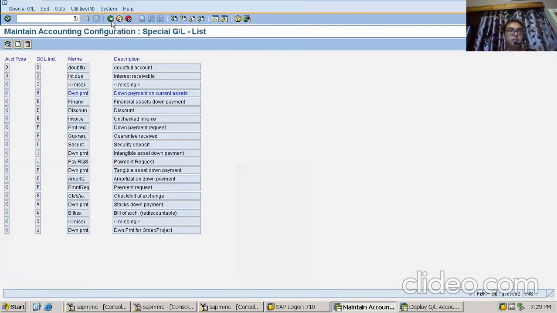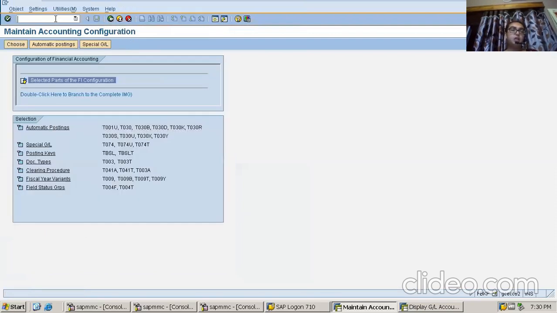So this is done. Now the second point is, say I'm first of all paying the down payment, then I'll be sending the invoice, and then again I'll pay the balance amount. So in the automatic payment program, while doing the final payment, I'll pay the balance amount.